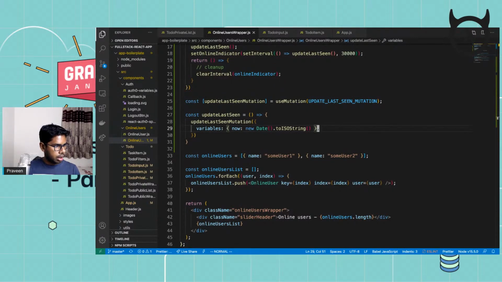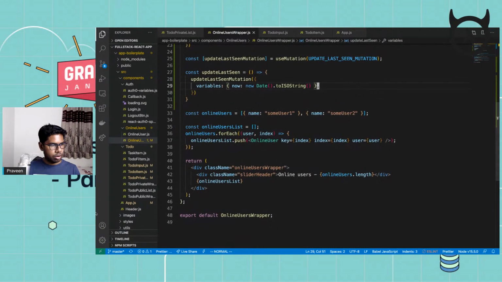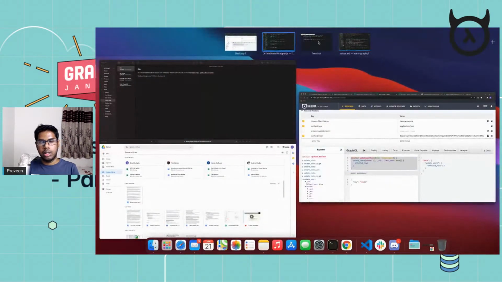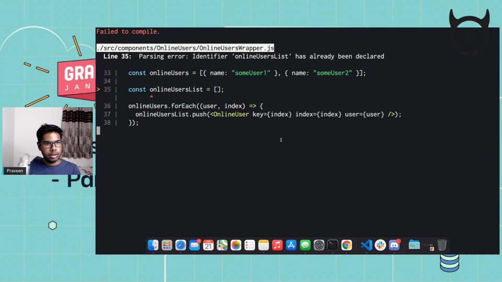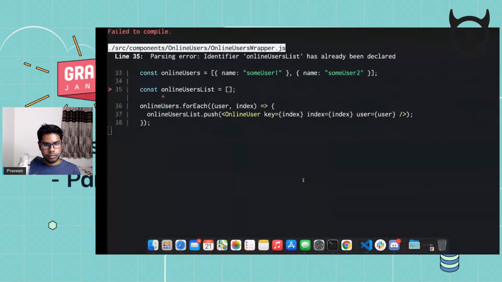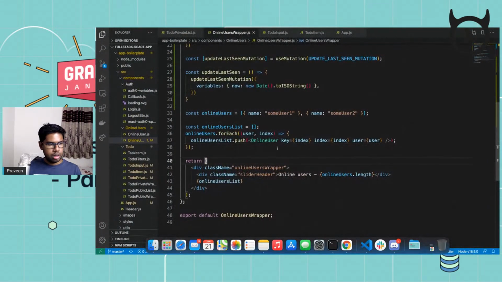And what we're going to do is remove some code which is for the online users, and just check in what needs to be checked. So looking at the logs, let me change this. We have a couple of these values coming in. Awesome. So we will remove the usage of this